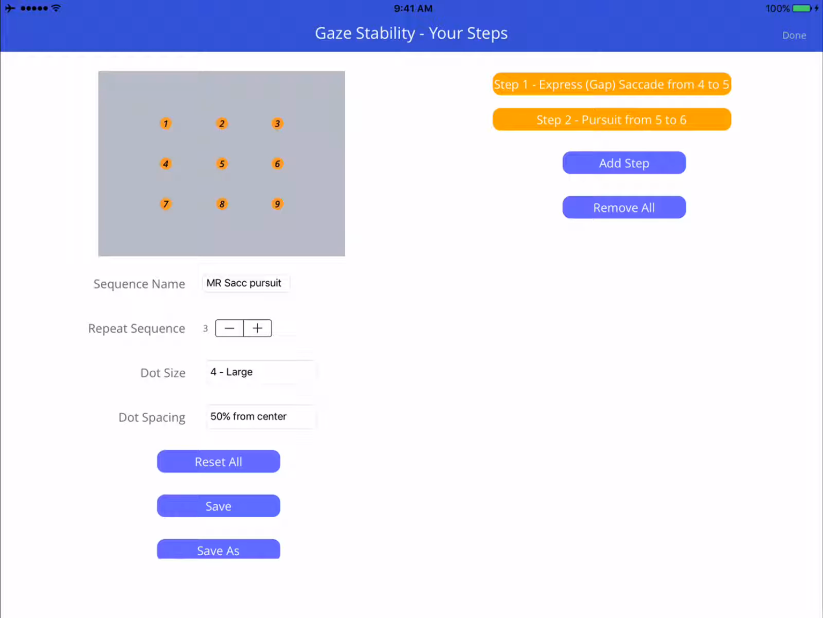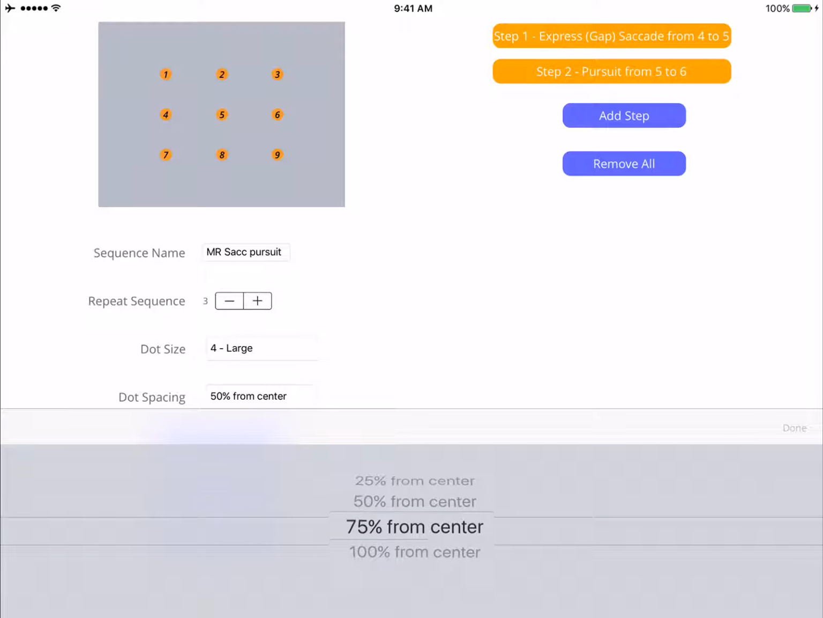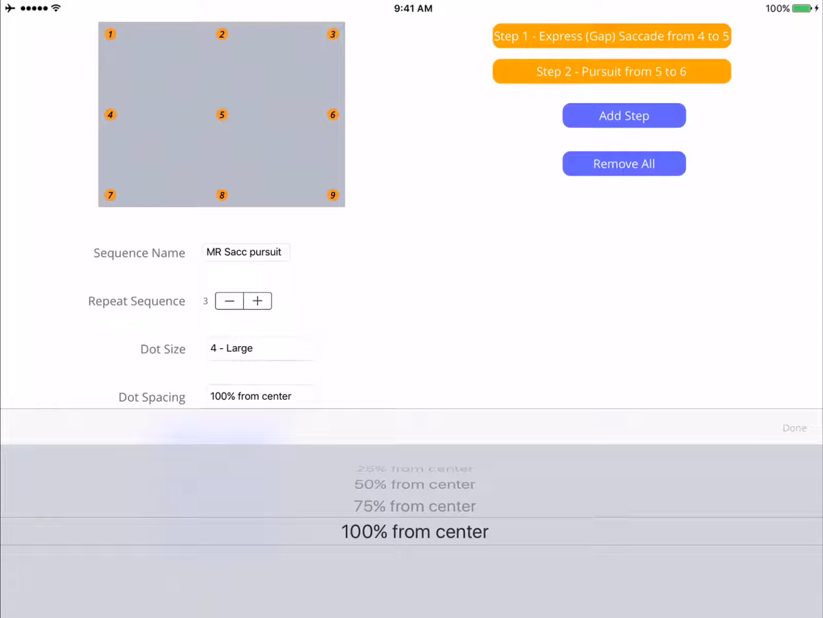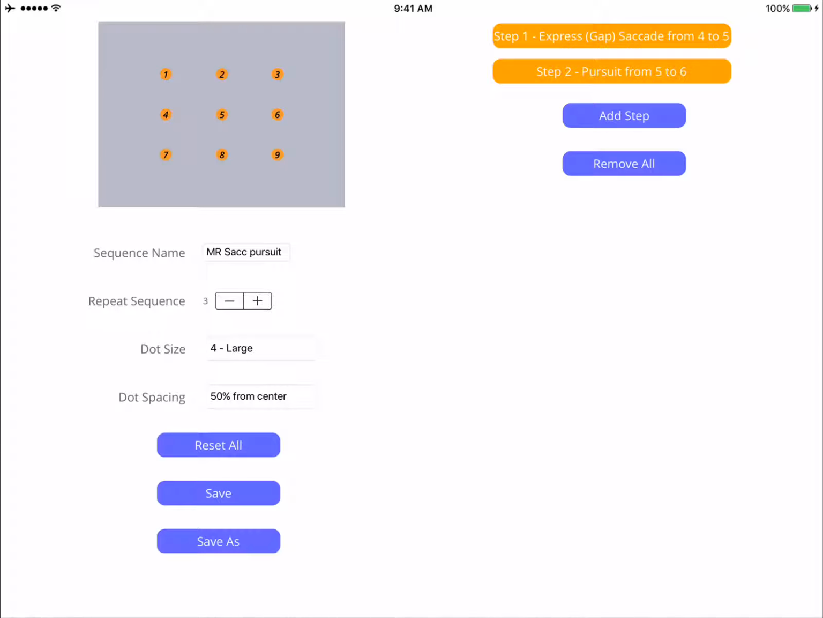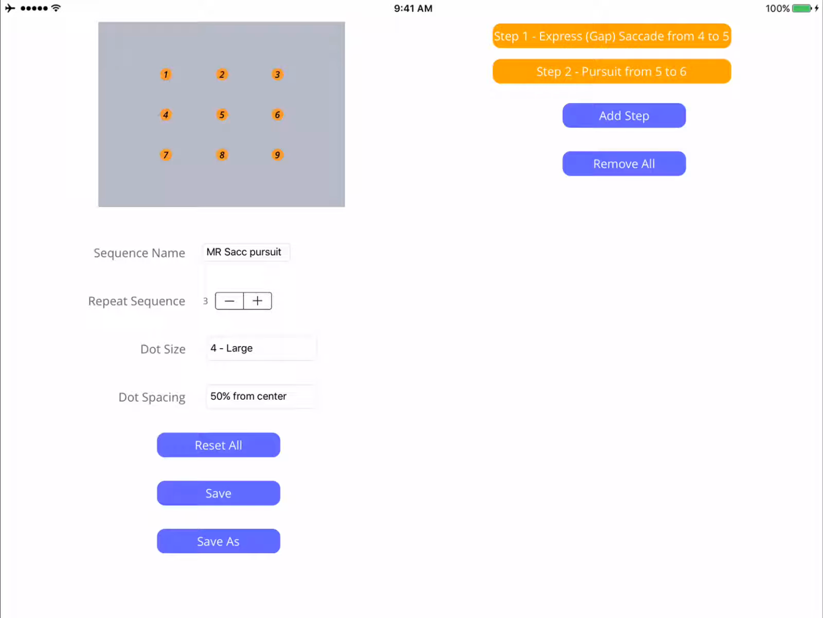And you'll see now on the left-hand side, this is what I saved it as, the sequence name. Now the repeat sequence is I'm going to have this whole sequence repeated 3 times in a row. And then the dot size, I picked a large one. The spacing's at 50%, but as she gets better, I can increase it to 75 or to 100%, which would put those targets, as you can see in the upper left corner there, further apart. Let's keep it at 50 for now. I can save or reset any of that. So let's just keep it the way it is, and let's go ahead and